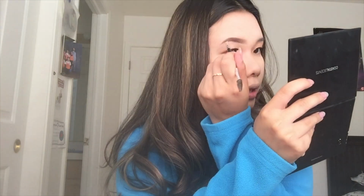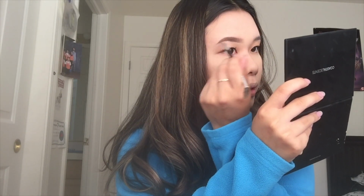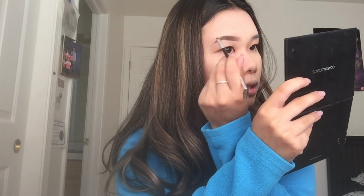Or am I just going to have to do that every single day? Like, do my makeup, put on foundation to balance it out. I don't know. But we almost have a brow done. I'm not fully satisfied, but